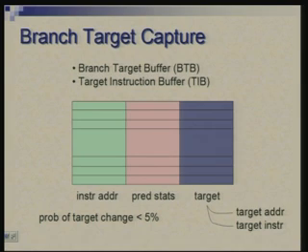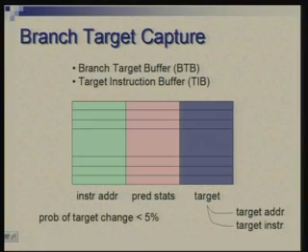So, actually speaking, the address calculation will still occur just to ensure that what you have picked up from the buffer is the same as what you actually get, and if the two are the same, it is fine, otherwise you will try to undo what was done in anticipation. So, here the assumption is that the address is not going to change from one occurrence of a branch to the next occurrence of the same branch.